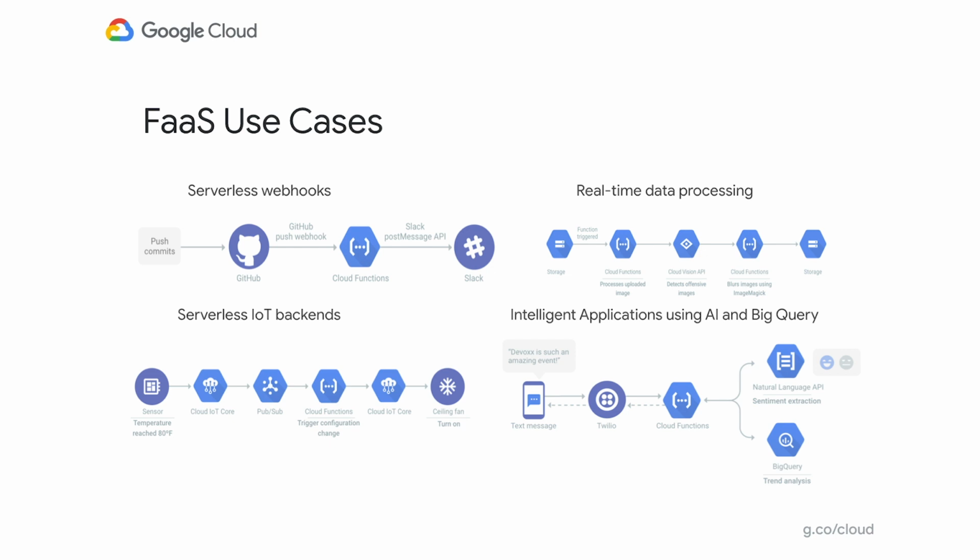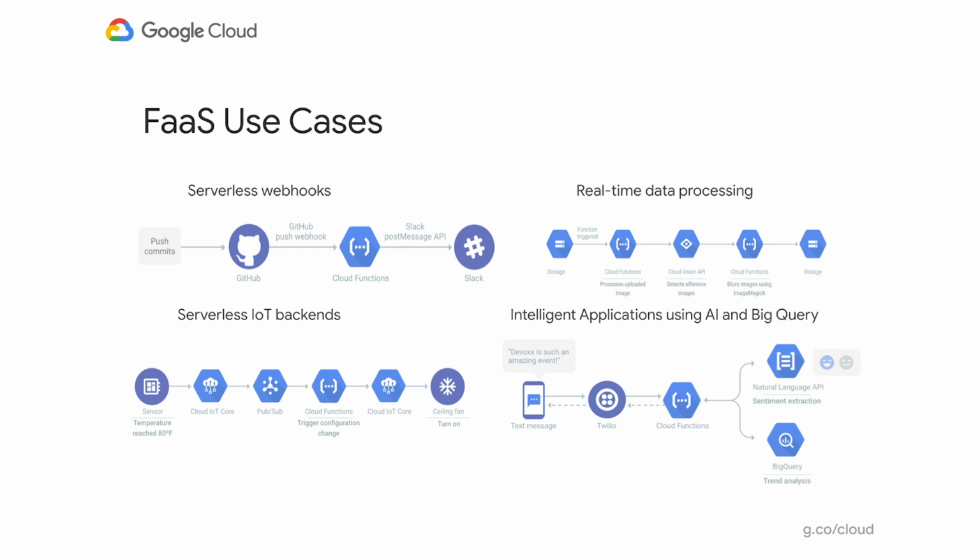Serverless IoT backends, where users have IoT systems all across the world sending things like sensor and temperature data, and then that's processed through Pub/Sub messaging systems that trigger Cloud Functions, and then you do some IoT analytics and then store the results in the cloud. And then intelligent applications using AI in BigQuery, for example, chatbots using Twilio, where functions are wired up to invoke an ML API or a natural language processing API, as well as doing sentiment analysis with that and trend analysis